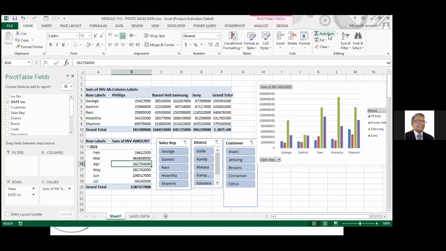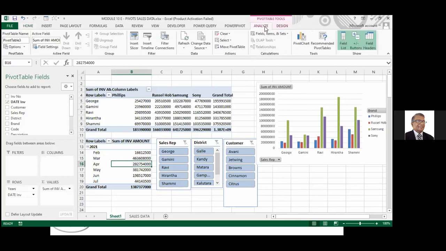I want to do a chart for this. I'll do a pie chart for that.